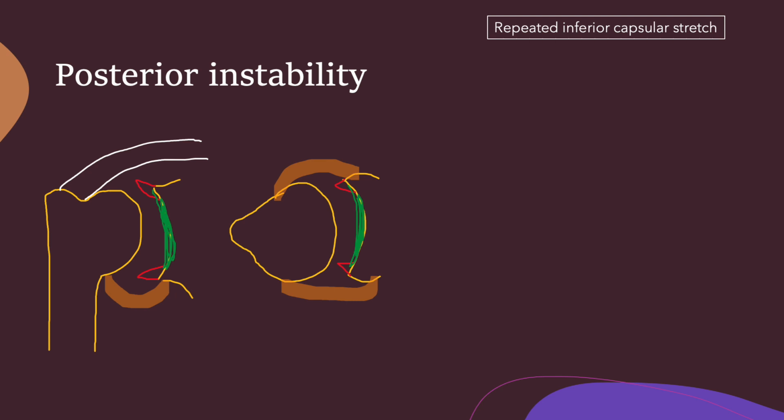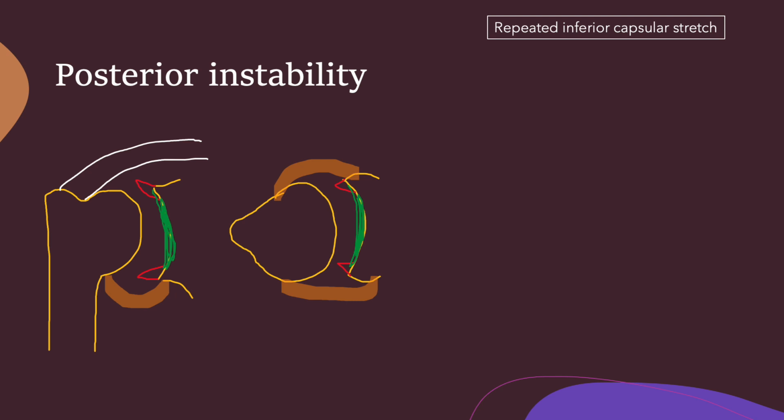The other concept that we need to understand is posterior instability. Now, this typically happens in throwers. So in our practice, we don't see that many. It doesn't seem to happen so much in our cricketers and our fast bowlers, but it happens much more in our gym-going population. So people who go and do bench pressing, sometimes even our overhead athletes, so badminton players, these are the people who tend to get this. It was traditionally